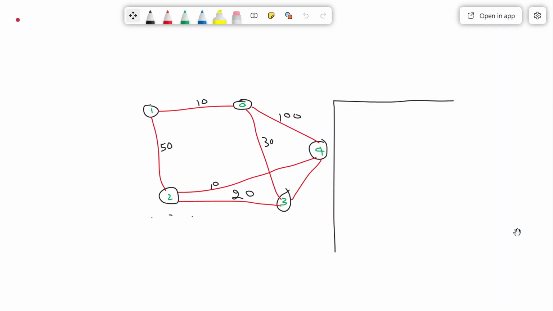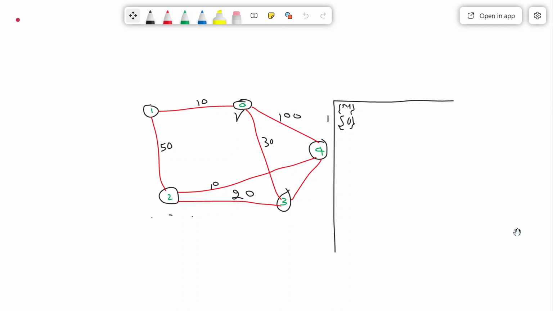Let's say the iteration number is 1. In the first iteration, we select the aim. Aim is basically a source node. So here I am selecting, let's say, 0 as the source. From 0 I have to calculate the distance to every other node. So 0 is the source node.